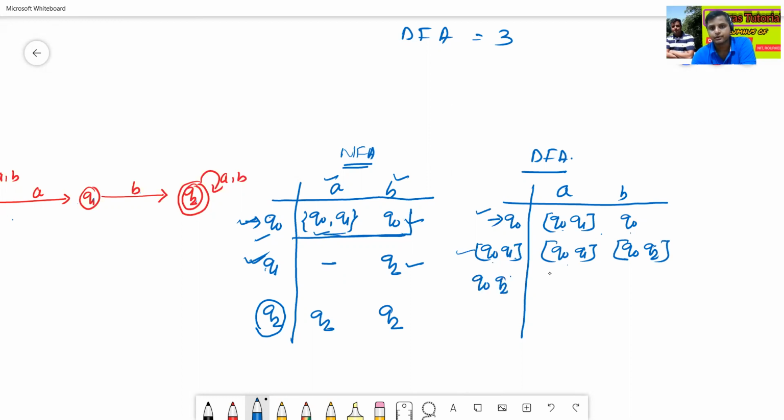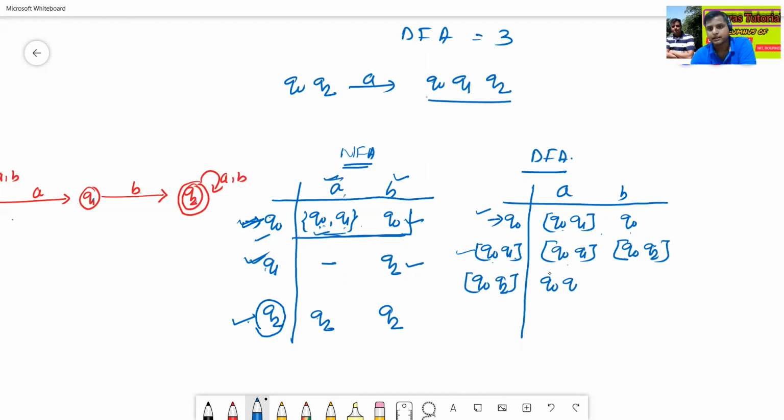Q0, Q2 reads A. Q0 reading A will give Q0, Q1, and Q2 reading A will give Q2. So it will finally give Q0, Q1, Q2.